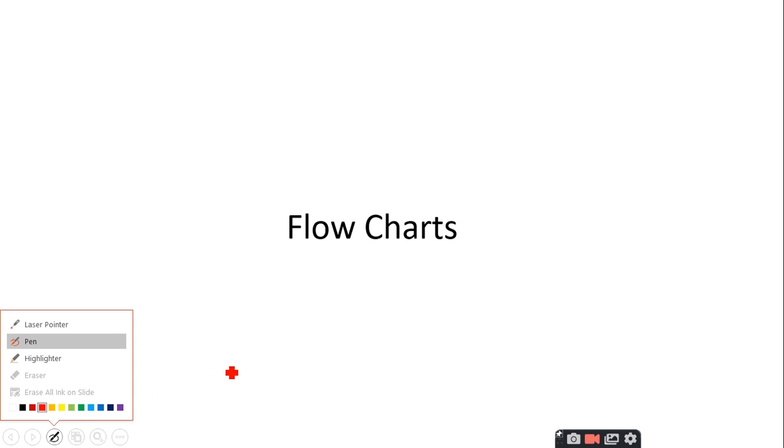Welcome back, and in today's session we are going to discuss a topic on flow charts. So in the previous discussions we have seen that writing a program is not that important. Whenever you are given a task, you have to follow some sequence of steps. The first thing is you have to write an algorithm, which is nothing but a sequence of steps that should be used to solve that particular task.